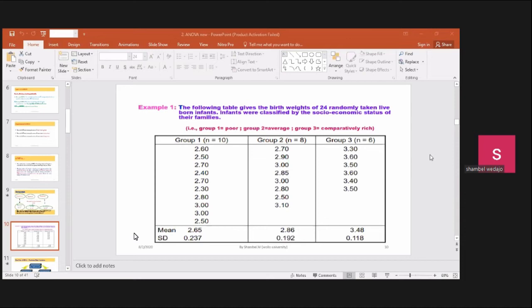So within the group, the variation among individuals is called unexplained variation, within variation, or random variation. ተስማምተናል። እንደገና ደግሞ ሌላ variation ልንገራችሁ። ግሩፕ 1 ላይ ያሉ ሰዎች አማካኝ በርዝዌት 2.65፣ ግሩፕ 2 ላይ አማካኝ በርዝዌት 2.86፣ ግሩፕ 3 ላይ 3.48 ነው። የነዚህ ሚን ዲፈረንስ በምን መጣ ብንባል አንድ ምክንያት የለንም።